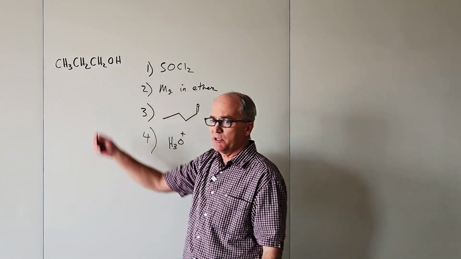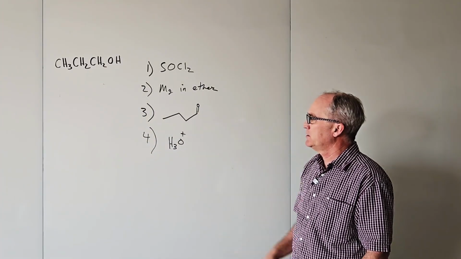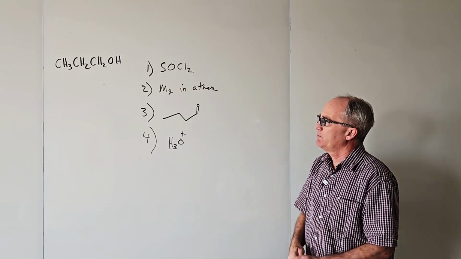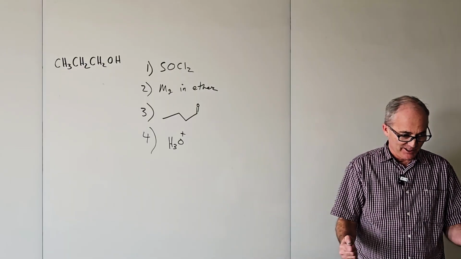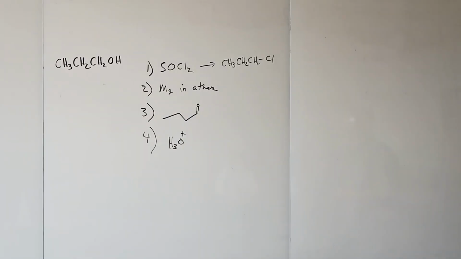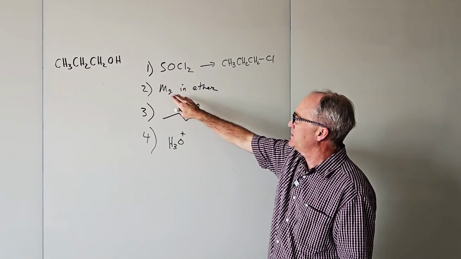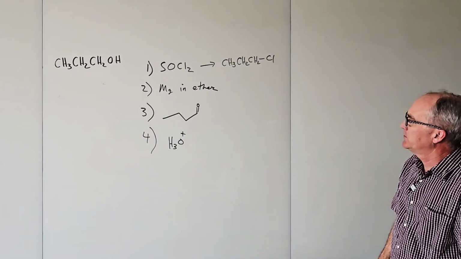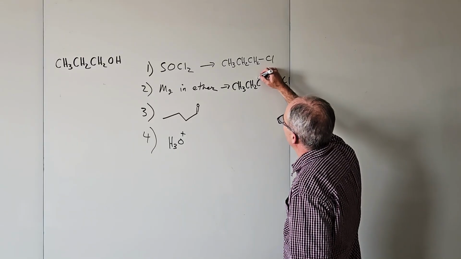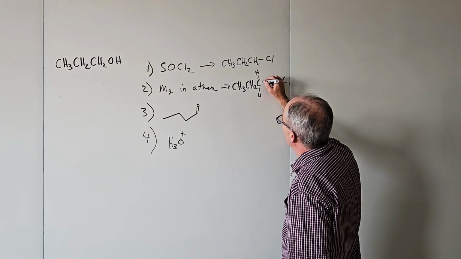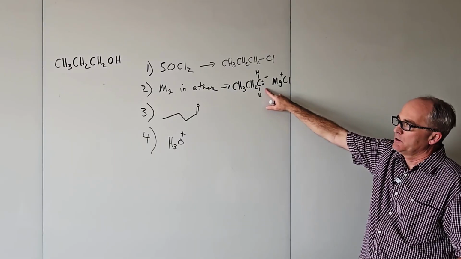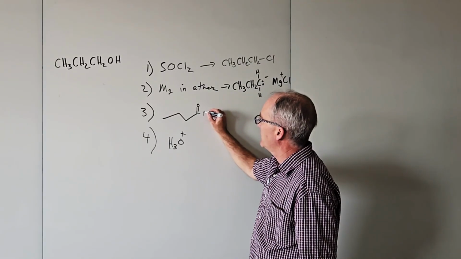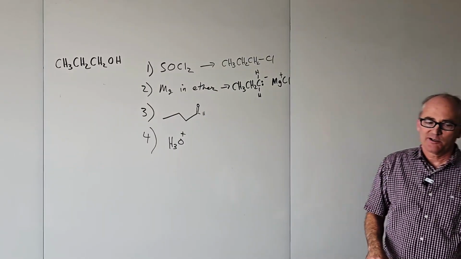So we want to be able to do a synthesis. And so here's a starting material. All these little reactions get done. What is our end product? So thionyl chloride, what does that make? Takes the OH and replaces it with what? Alkyl halide. Then this thing gets put into some ether with magnesium, and then what do we get? And I always tell my students, when you see a Grignard reagent, there's the business end of a Grignard reagent. All right, here's a line drawing. Evidently there's a hydrogen there. What do Grignards do with